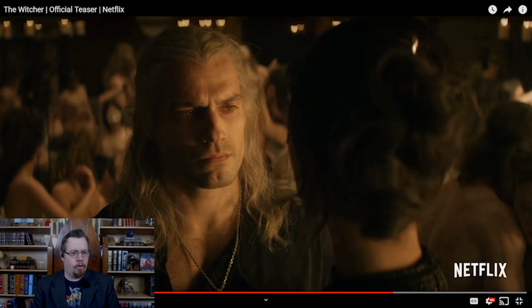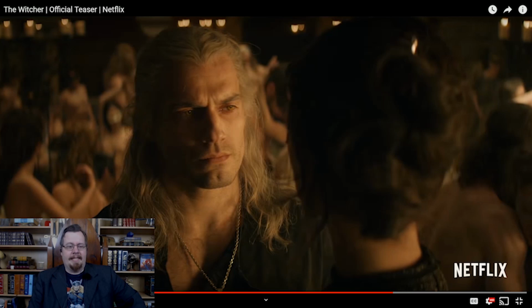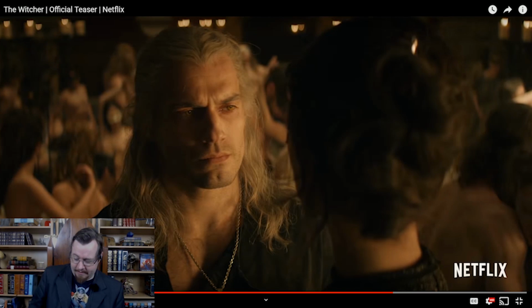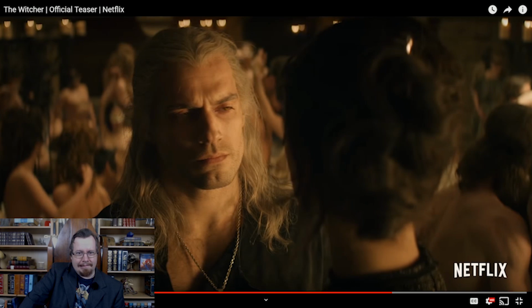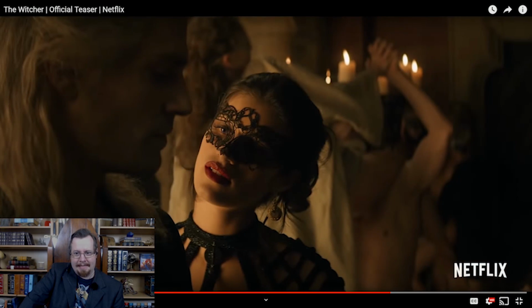Whoa, okay. Pausing this frame by frame, you certainly notice some things that fly under the radar. There's a bit more skin in the background with this shot than I originally picked out. Like, is he in a brothel or some kind? There's a lot of sexy times happening back there. I don't know what type of party this is, but I guess, hey, The Witcher. I mean, Geralt is a player. He is a player. So I guess they might be translating that into the series. No matter what you choose.